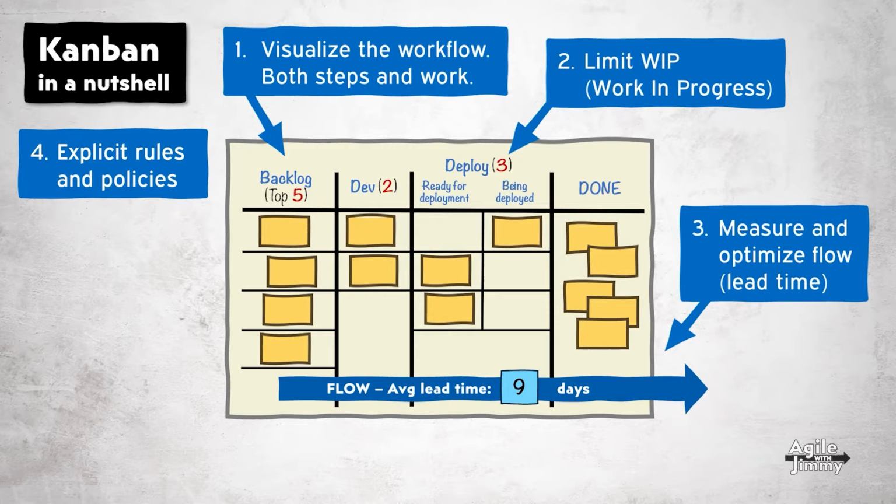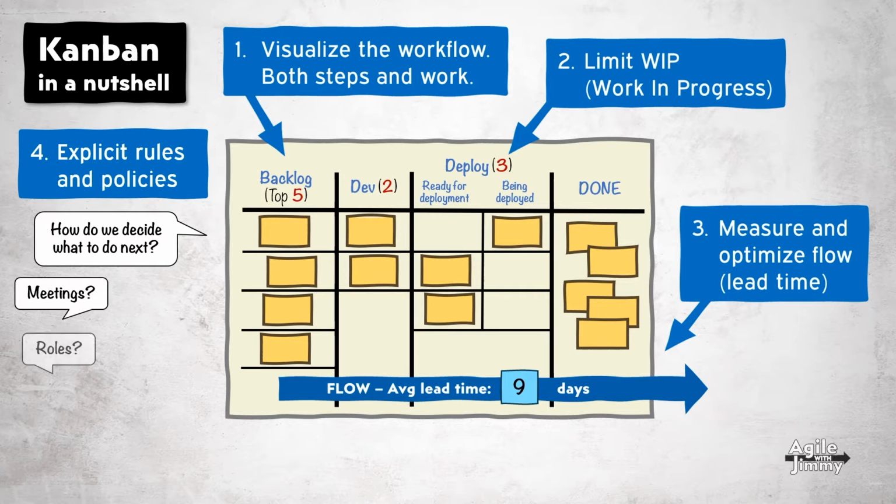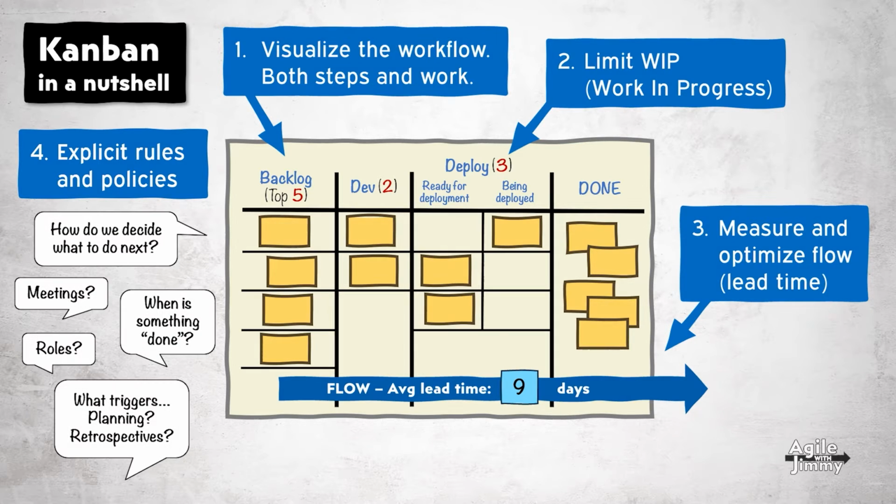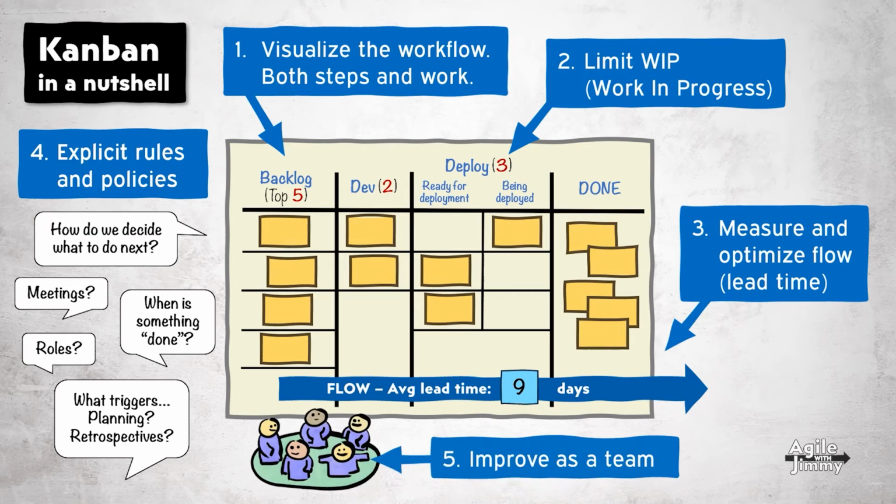on those as a team. How do we decide what to do next? Which meetings should we have? Which roles and what expectations do we have on those? When do we regard something as done? And 5. Improve as a team. Inspect and adapt together. Let's look at a little bit more elaborate example where we can see the power of